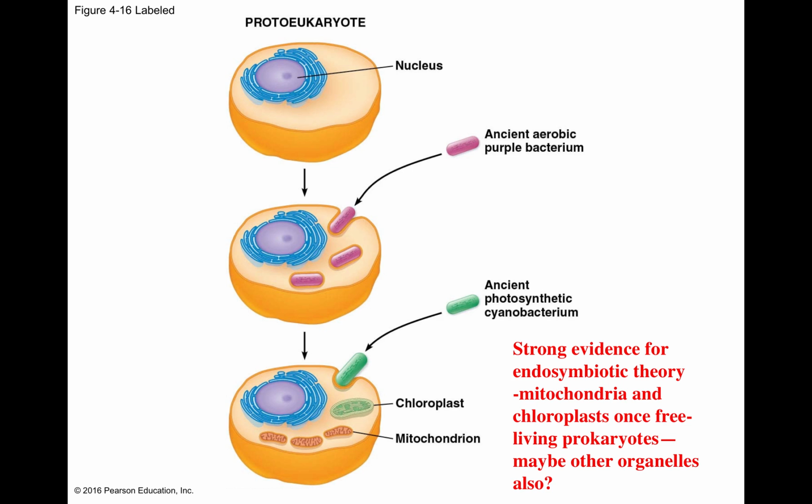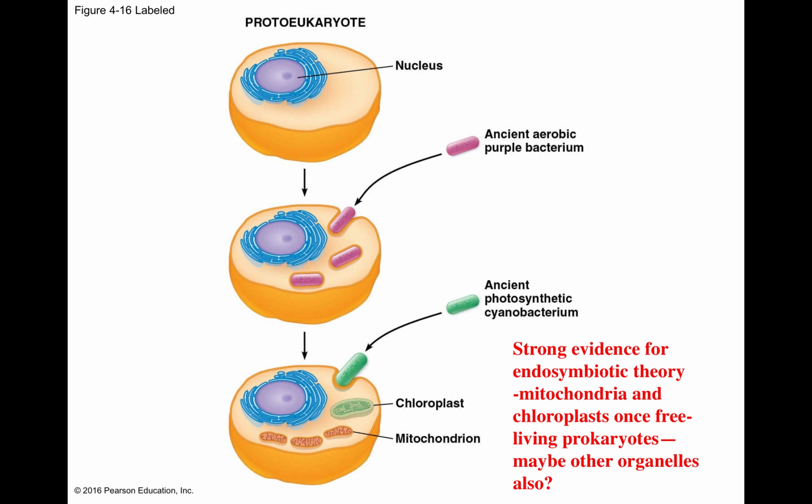All right, we talked about the idea of some organelles once having an evolutionary history of being free-living prokaryotes, and those were endocytosed or engulfed by another cell, and instead of being digested, they were kept for their beneficial properties. There's good evidence for this for modern day mitochondria in eukaryotic cells and modern day chloroplasts